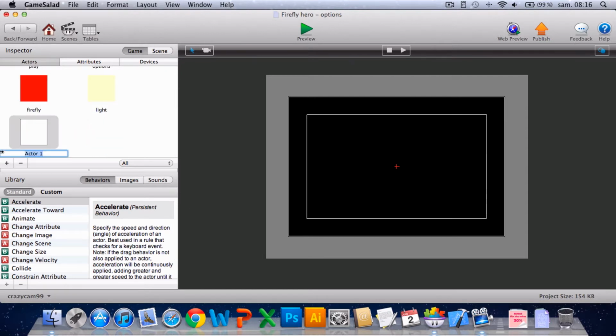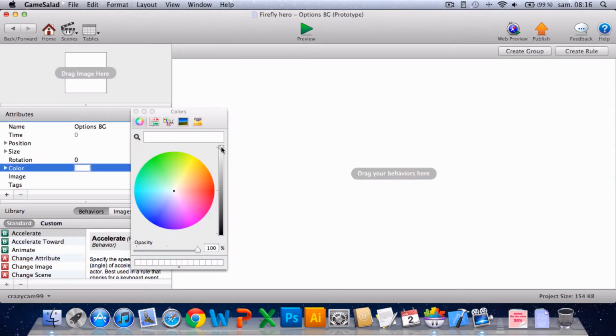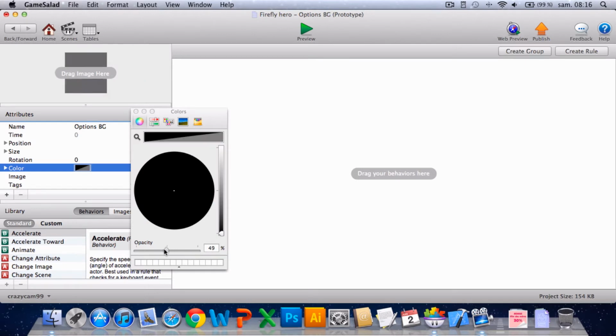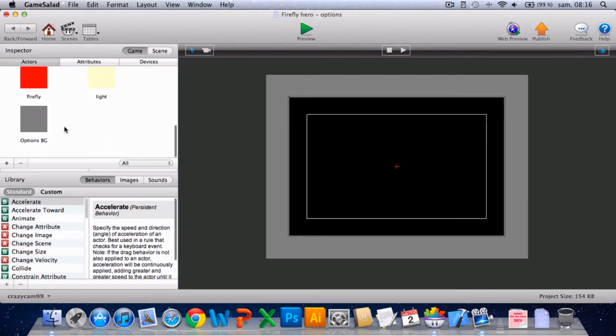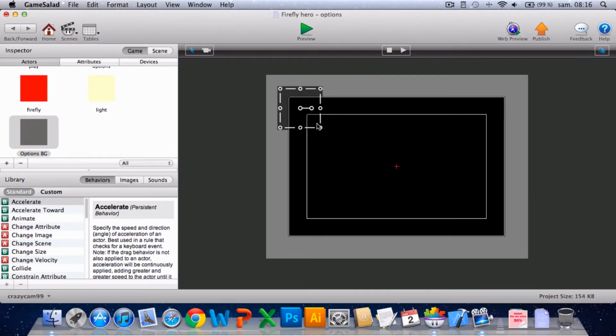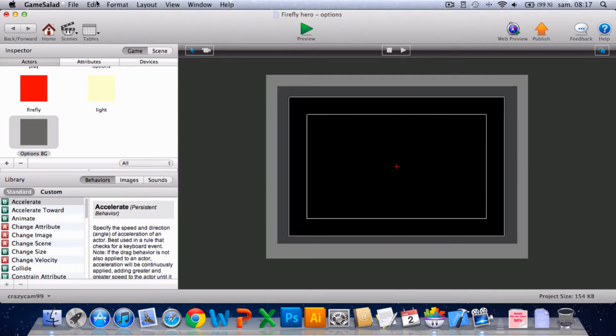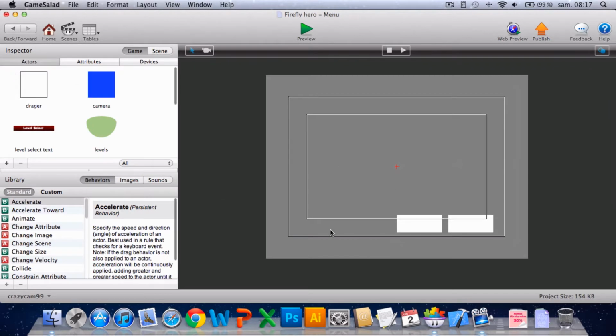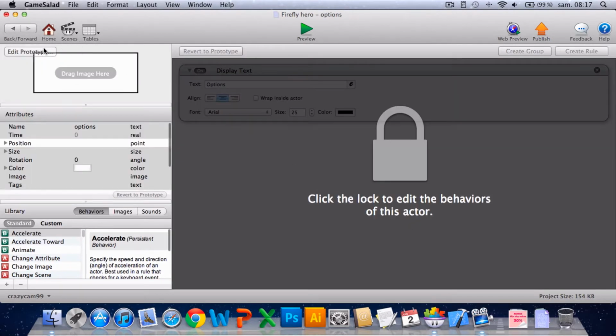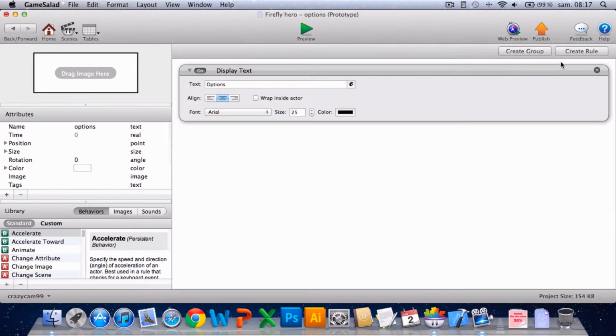And I'll create a new actor. I'll call it options BG for background. I'll change the color to black and the alpha to 50. I'll make that the size of the scene. So now I can go back to the scene, open up this actor, click edit prototype, and create a